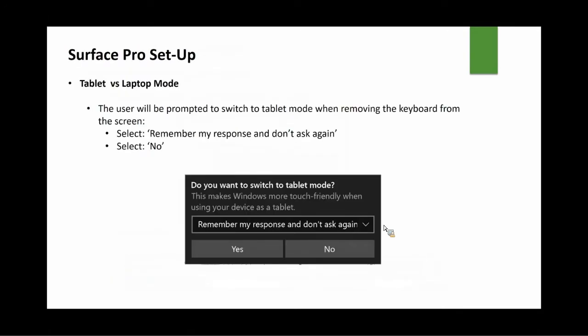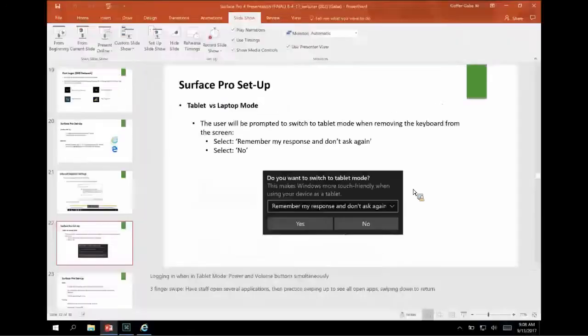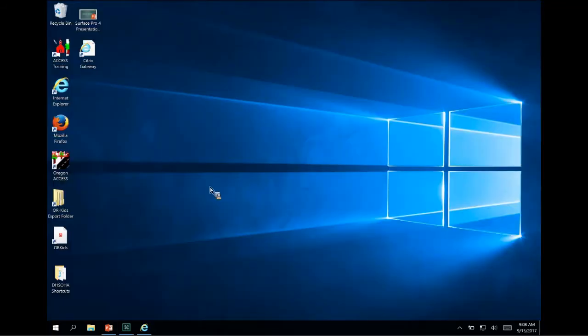All right, I'm going to pop back out just a moment. And another feature that we want to take a look at with these devices is what Microsoft calls tablet mode. And really, we want to talk about it because we don't recommend its use. These devices, the Surface Pros, are what are called